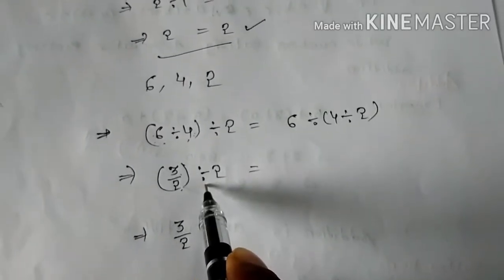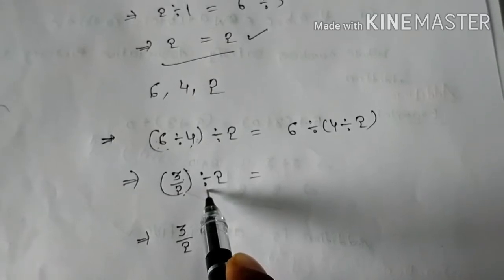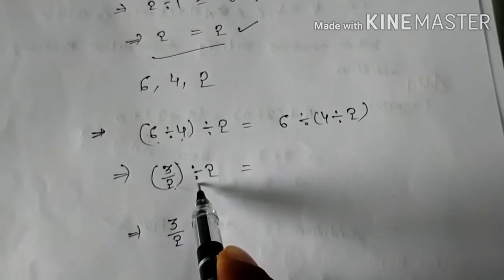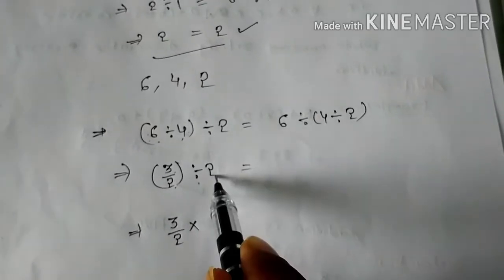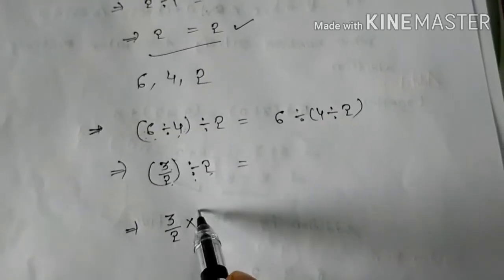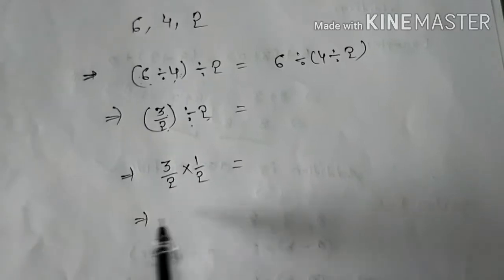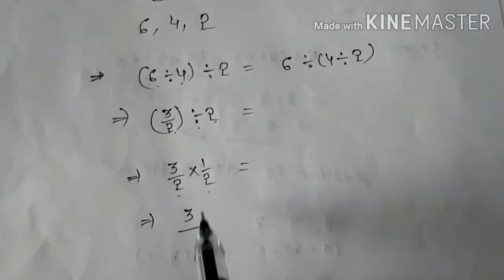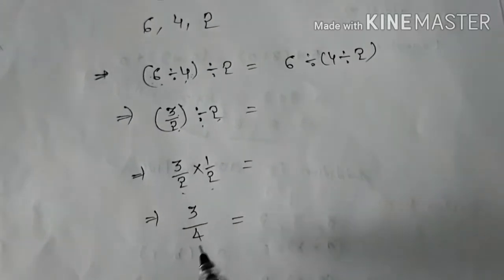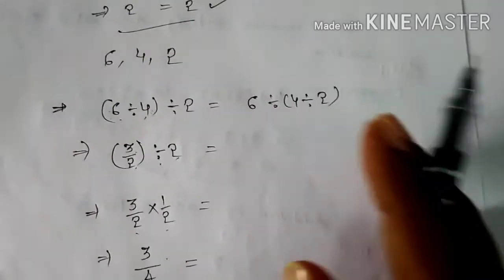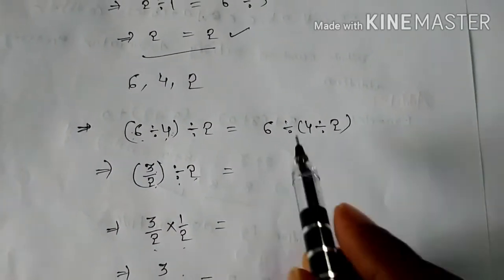To remove the division, in the 7th class we have studied to multiply with the reciprocal of the number. What is the reciprocal of that number? The reciprocal of 2 is 1 by 2. That means on the left side how much value did you get here? 3 by 2, 2 is how much? 4. On the left side you got 3 by 4. You can see now the right side.